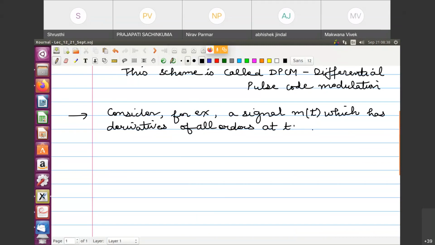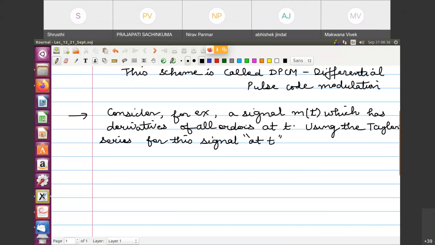It means it is smooth. So we use the Taylor series for this signal at t. This is important, because otherwise, if you try to do it without saying that it is at t,